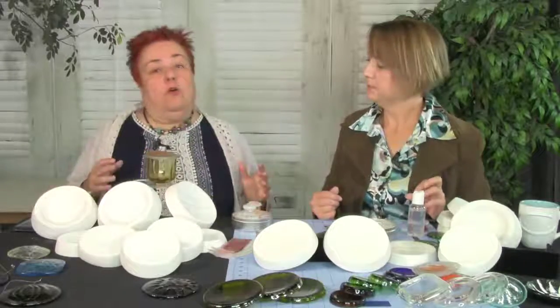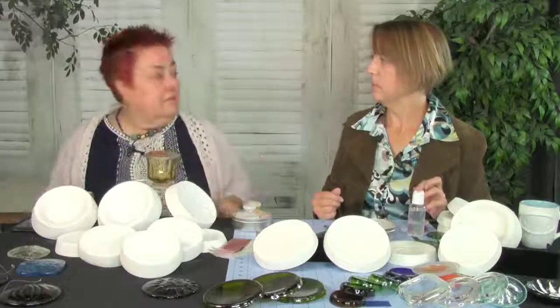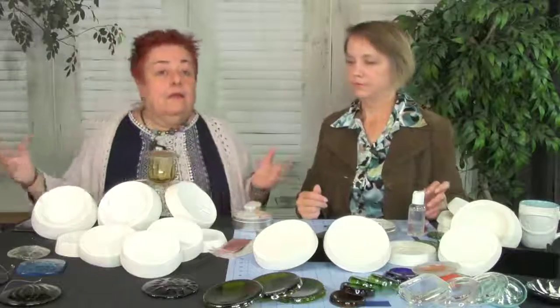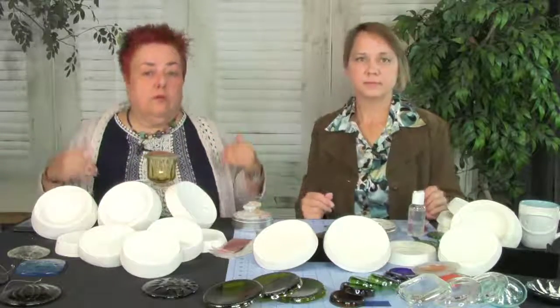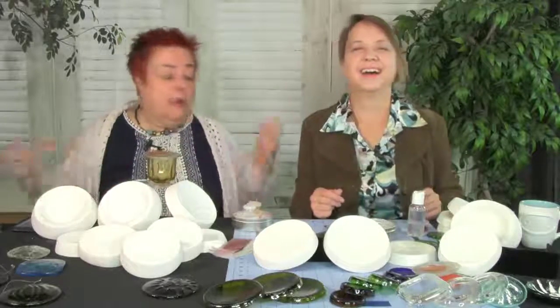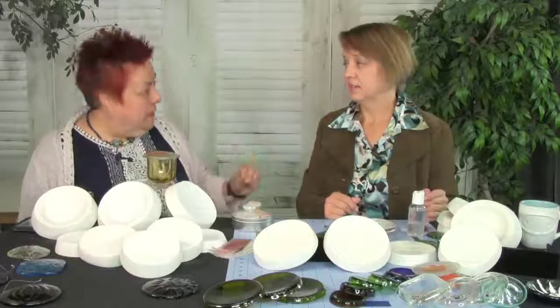So, yes, you can go and say, I'm going to save a little bit and not get the kit. Right. Two molds out there. Well, you know, we are saving you a boatload of time. She thought so much about this, even containers for you to mix the mix. Well, think about this. How many times have you gotten excited about something,